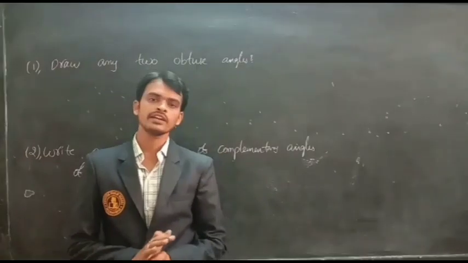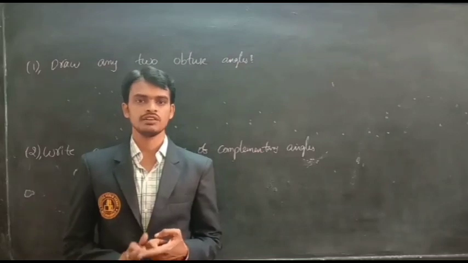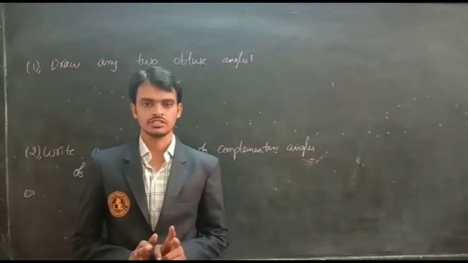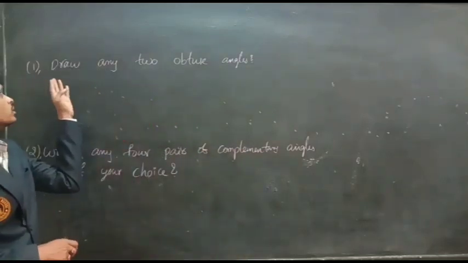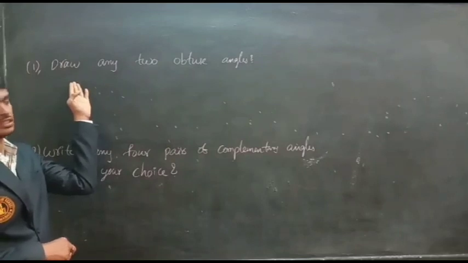Children, the question paper pattern you already know. Part A, Part B. Part A has 70 marks, Part B has 10 marks. Totally 80 marks. So now this is the first one. This type of problem will come for 2 marks.